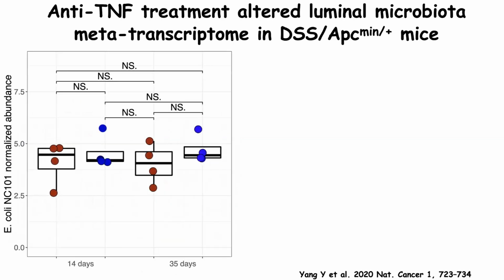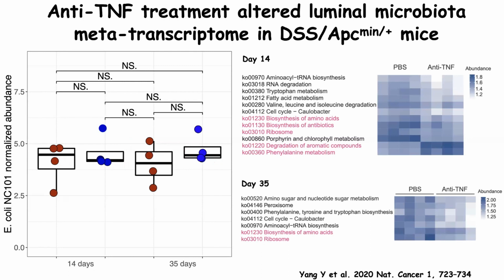A reason why you may have fewer tumors when you treat with anti-TNF is because the E. coli PKS is maybe decreasing, right? So you put in NC101, you treat with anti-TNF, and then the E. coli disappeared. But that's not the case. This is the whole genome metagenome, looking at NC101, and you can see there's no difference between treated and untreated throughout the days. So the E. coli is there in the bowel of treated and untreated. It is just not causing cancer.